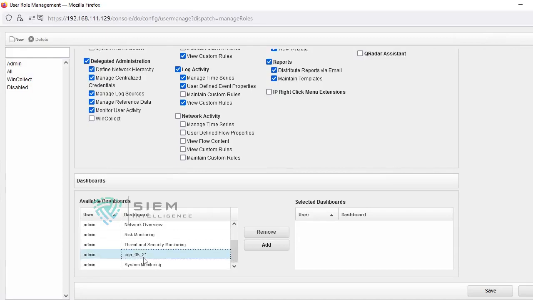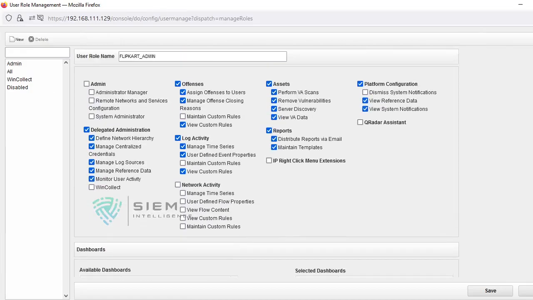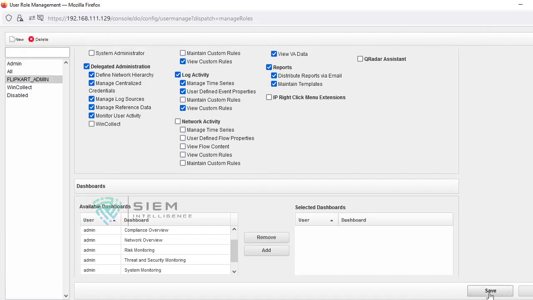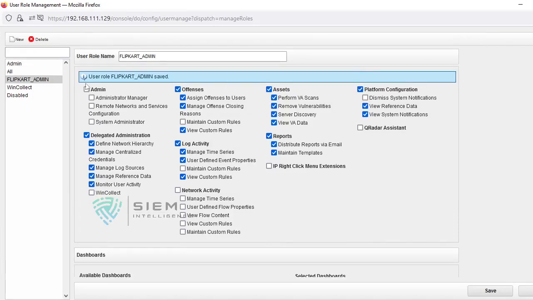Okay. Now here I said Flipkart admin is a role. Now you can select. See, I told you I have shared the dashboard yesterday. So now you can give this dashboard here. You can share here like this. Whoever gets this Flipkart admin role will see this particular dashboard. Or you need not give it. It's not mandatory, but I am showing. I will give it as a Flipkart user. Okay. Now I save. Only the Flipkart admin role is sufficient for Flipkart admin.